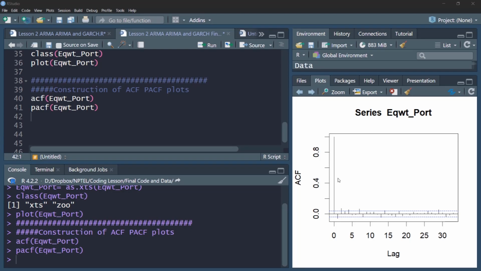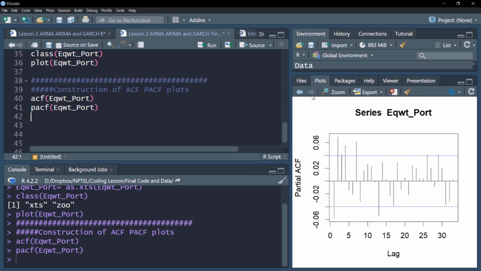So you can see there is some AR. If there was strong AR, then you would have strongly large bars across the lags, but there is some AR. But at the same time, if you look at the PACF, that confirms the presence of MA structure. So we have some intuition that there is an ARMA structure taking place.